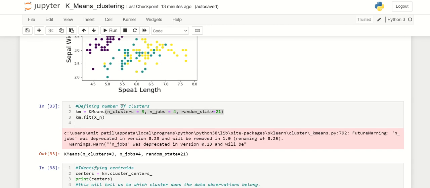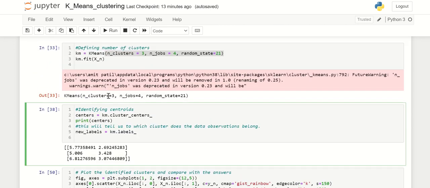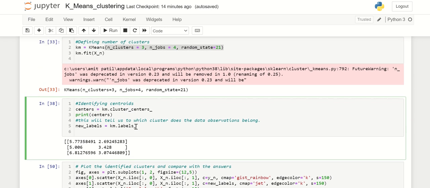We'll run it on that, and you can see that we have given three clusters that need to be generated, and these are the three clusters. These are the cluster centers, which you can say are at the center of the clusters. So the 150 data points have been divided into three parts.